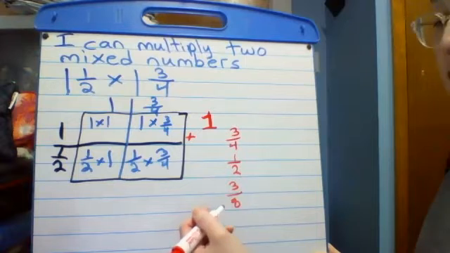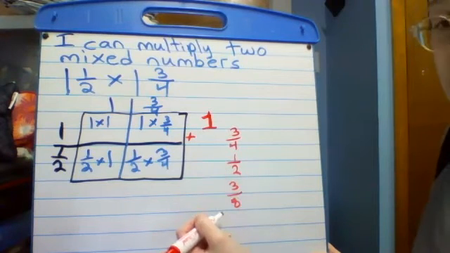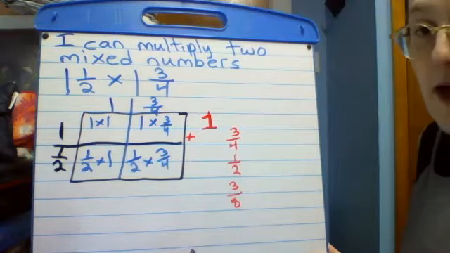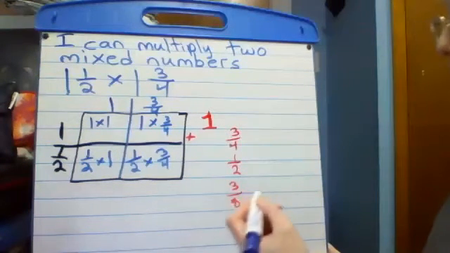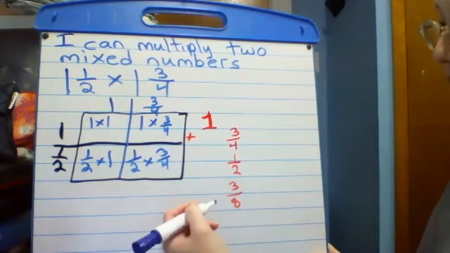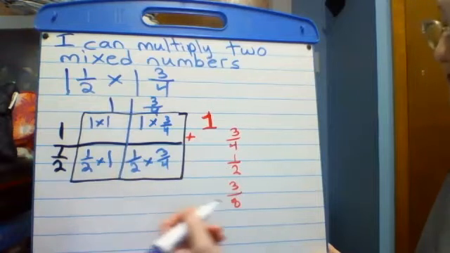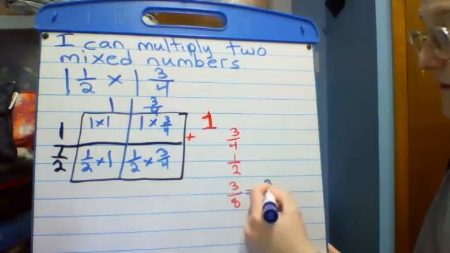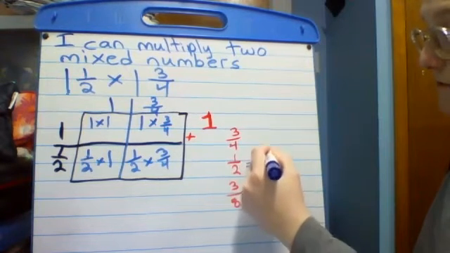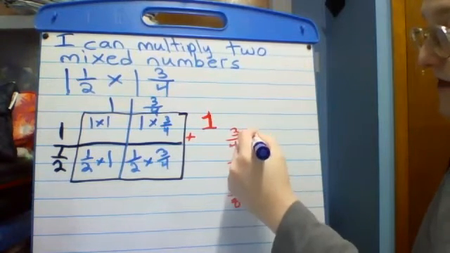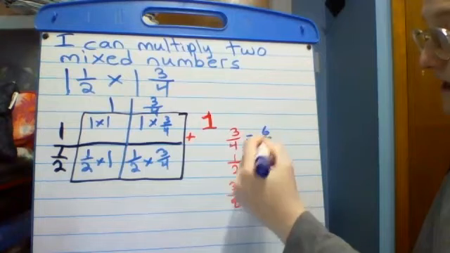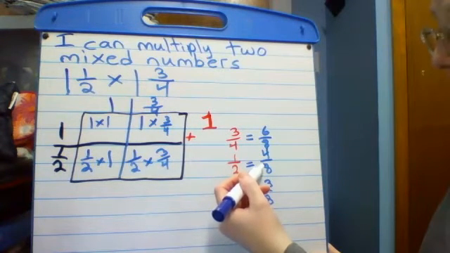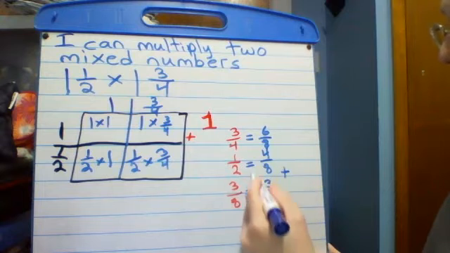So this is a bit challenging because we have three different denominators. And we remember from adding fractions, we can add fractions with different denominators, so you have to change all of these. What's really great, since we're using the same factors, the common denominator is 8. So 3/8 can stay the same. 1/2 would be 4/8, and 3/4 would be 6/8. So we're going to add up all of our 8ths. 6/8 plus 4/8 is 10/8. 10/8 plus 3/8 would be